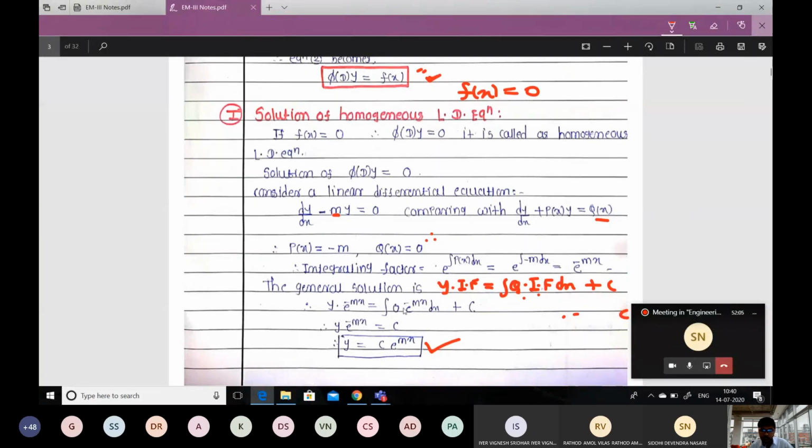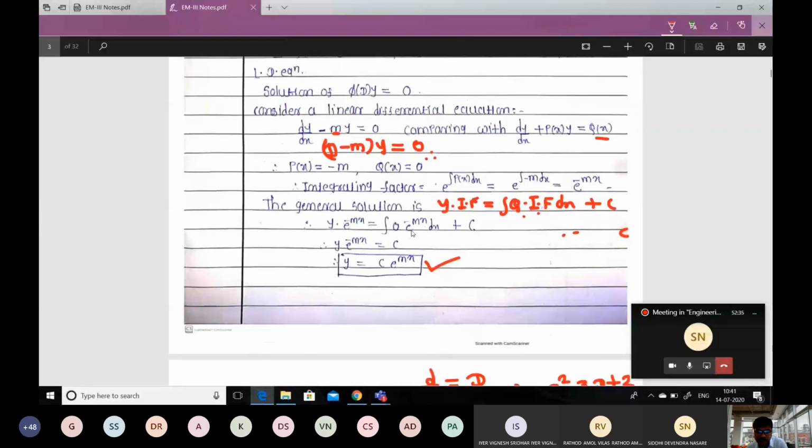Now this whole integral becomes 0 because of this 0. So we will be left with c only, the constant only, and we just multiply both sides by e to the power positive mx. So the left hand side gets cancelled and we will have only y. On the right hand side we have c e to the power mx. So we can see corresponding to this operator, this linear differential equation, this is one kind of factor, you can say. I can write this as D minus m times y equal to 0.